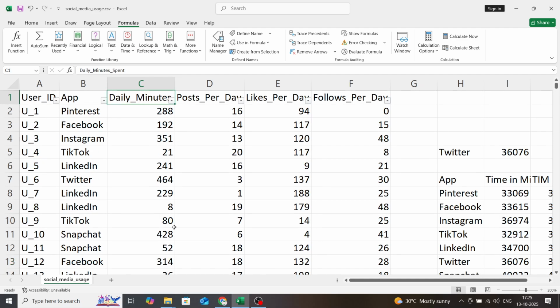I hope you understand about SUMIF, and we can cover in detail SUMIFS as well, COUNTIFS as well, like these functions are there. Okay, thank you so much. I think you have got an idea about this.